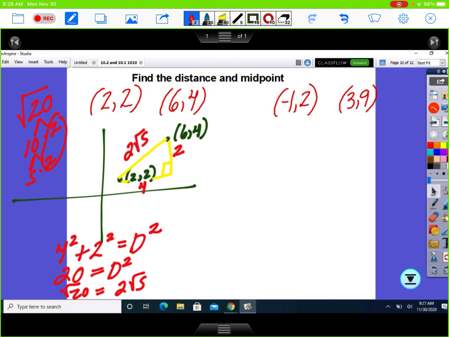There's your distance. Now, if I said to you, find the halfway point, that's about right there. Would you agree? I'm drawing a rough sketch. Now, let's think about on average where that would be. I, once again, sometimes think it's easier just to think in distances. It depends on the problem. So if this is 4 units, cut it in half, that would be 2 units. You guys see what I'm saying? 2 units. So if this was at 2 right here, if I go 2 units to the right,